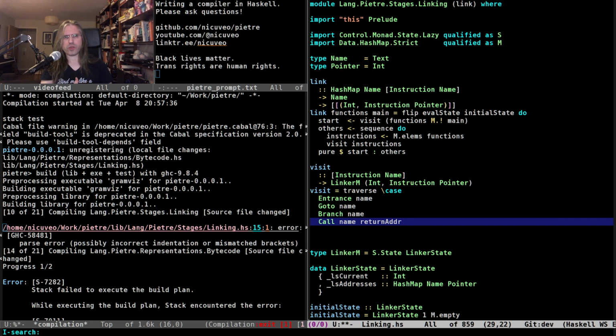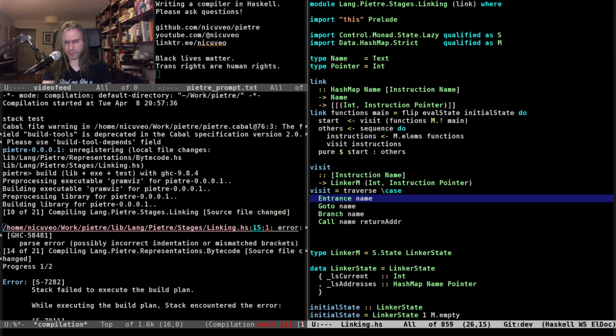This feels verbose. How do we call this? I guess return address is correct. Or backup. I don't know. I think return address is just a better name.